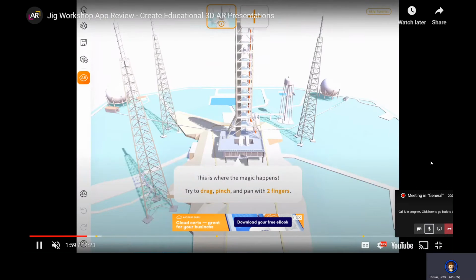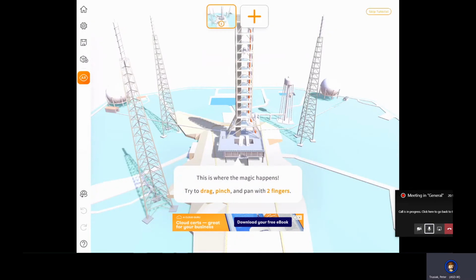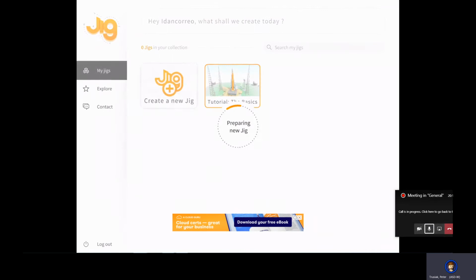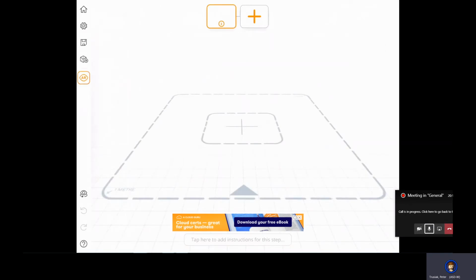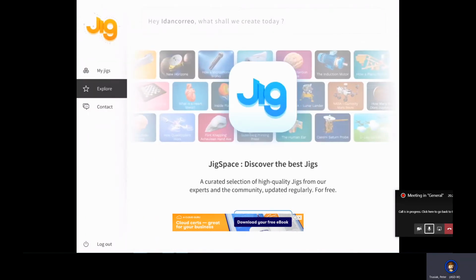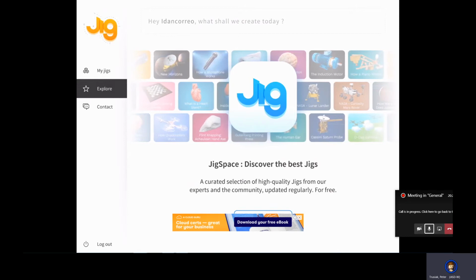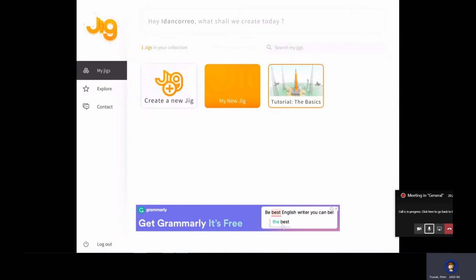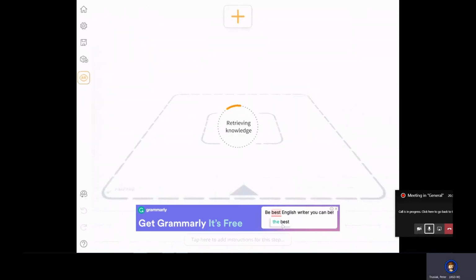So when you open the JIG Workshop app, you'll get a tutorial. And it's a fairly simple tutorial, but it just helps you navigate the different pieces of the puzzle. And I believe the first one is launching a rocket. I think another one is navigating a drone or creating a drone simulation. So these are very, very short, simple ones. Creating a new JIG,